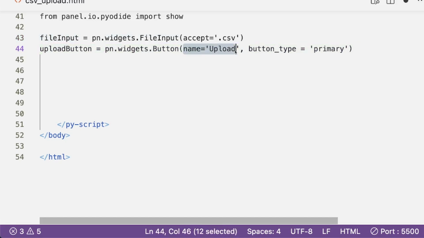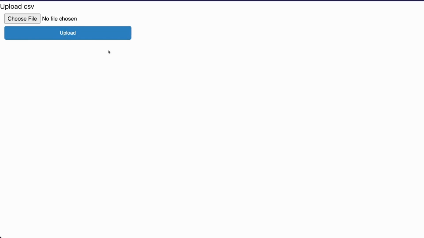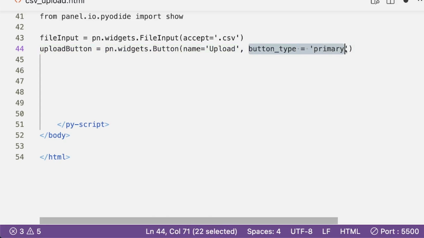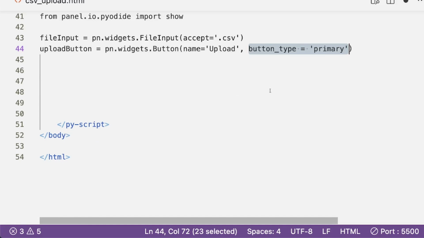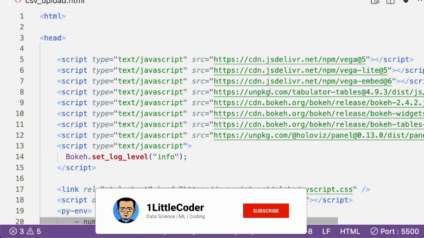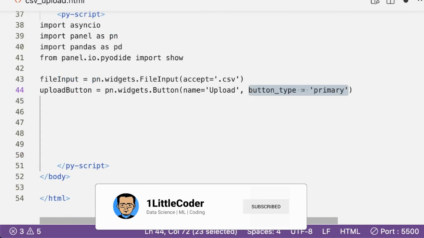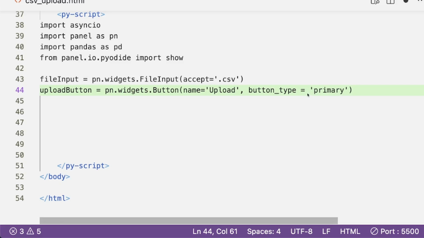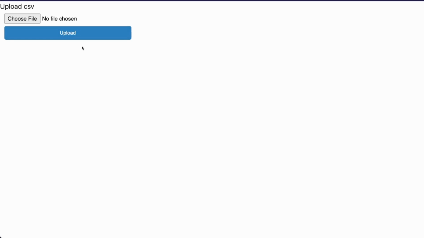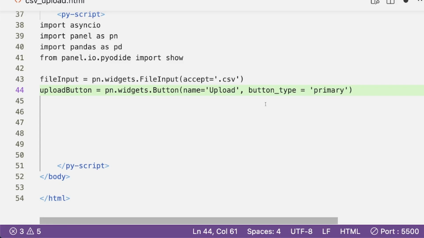What is the name of the button? Like what do you want to write here? I want to write here upload. And then what is a button type? The button type is going to give you a certain CSS color. So you can see at the top, we might have imported some CSS somewhere. And this button type will help us in getting that, like primary button, like whatever it is. If you do not have it, it'll be transparent and will look ugly. So to avoid that, we have button type